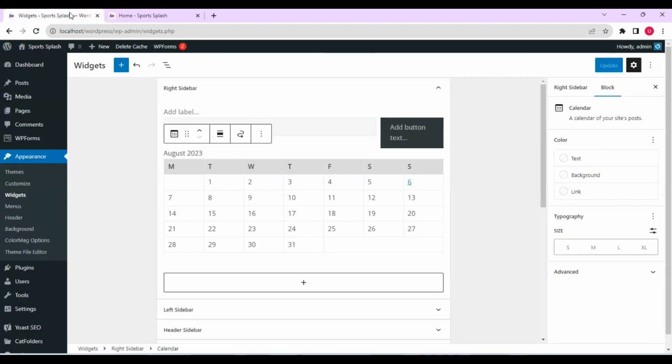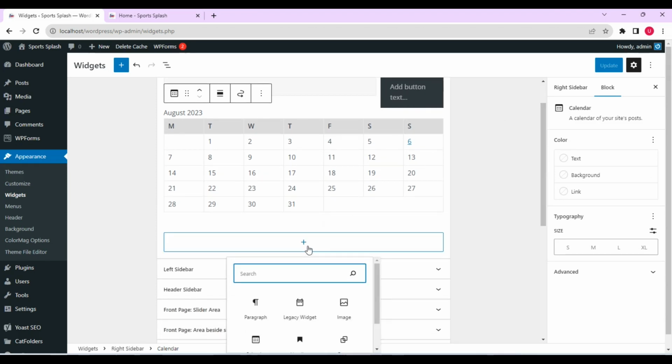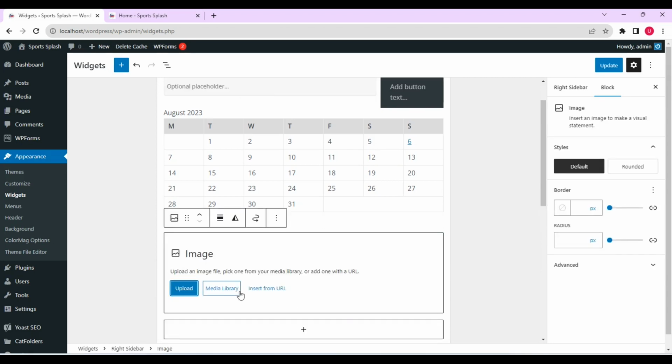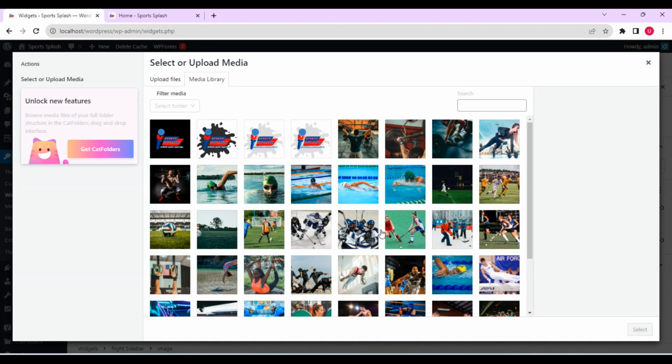So we go right back. We will put a few more widgets before we see what's happening. So right here we will add another one. Scroll down, click on the plus again, and then we might want to add an image right there to break things up. So go to the library and then see what image we'll be able to put at the